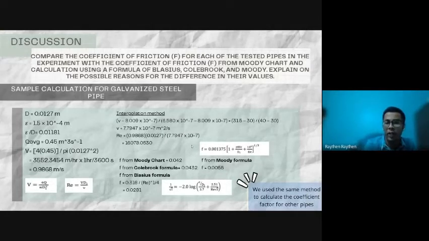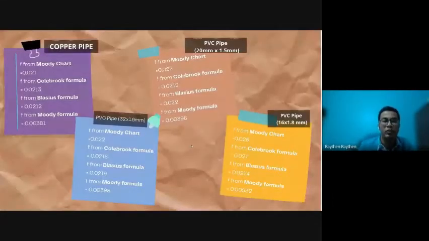And for the other pipes, we use the same method of calculation to calculate the coefficient of friction. From the calculation for the copper pipe, the coefficient of friction from the Moody chart will be 0.021. Using the Colebrook formula, the coefficient will be 0.0213. Using the Blasius formula will be 0.0212. And for Moody's formula is 0.00381. For PVC pipe with the